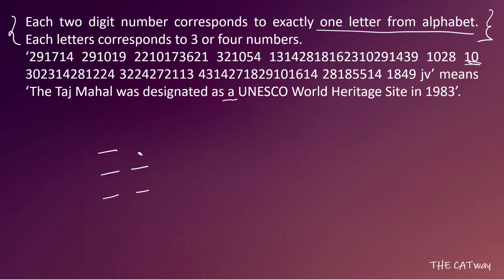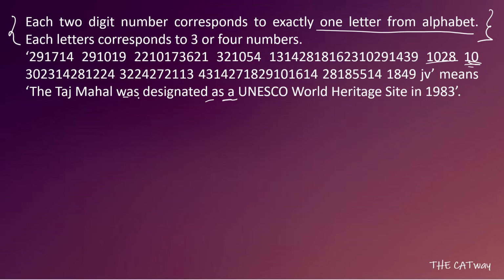Now let's move ahead. I would not recommend you to try and find out the coded letter for each of the alphabets, because that is definitely going to be a hectic and long process. Instead, you can go by observation. You have A here as 10, then you have AS here, which is coded as 1028. Out of that, A is 10, so we know that S is equal to 28.